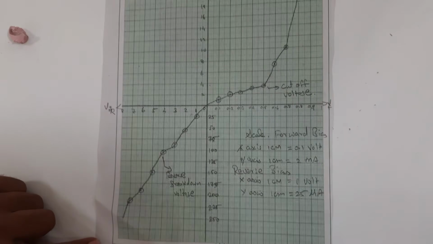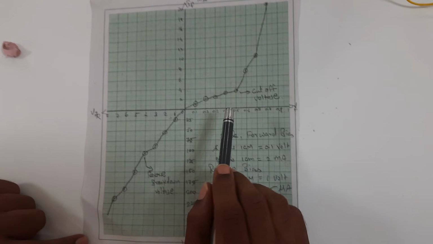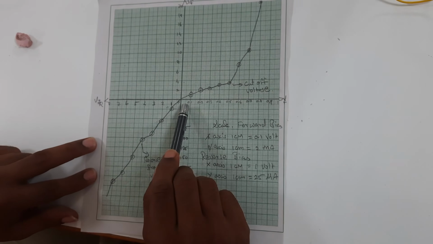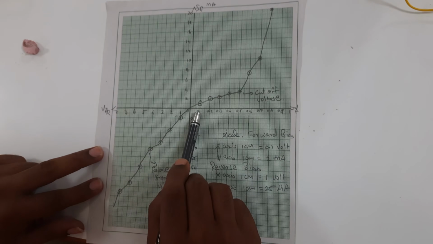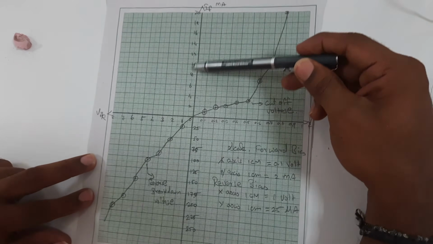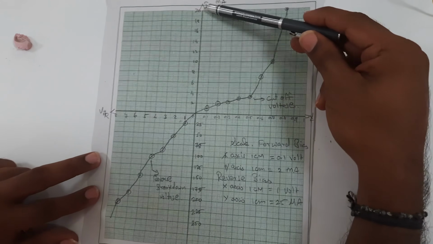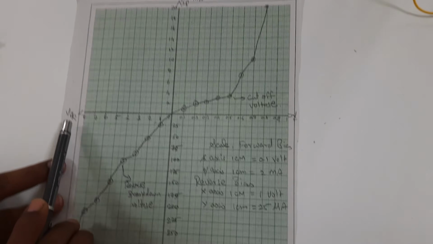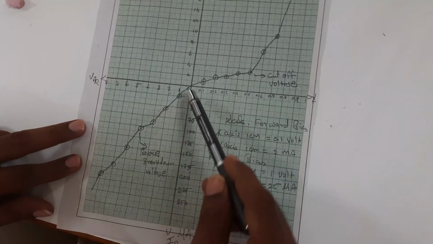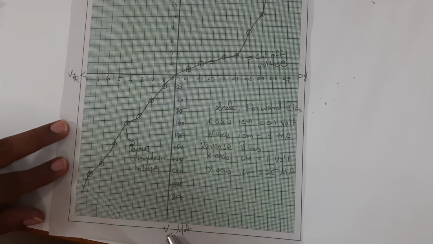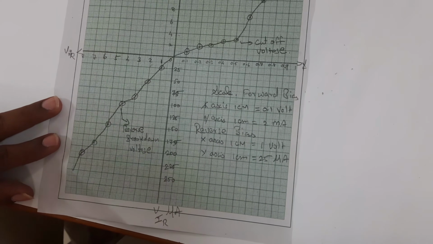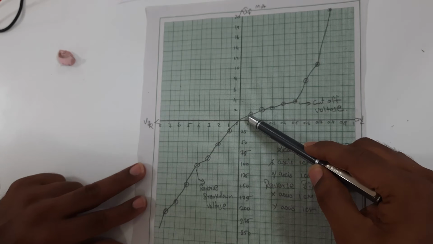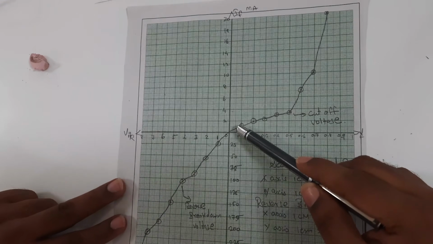After the readings have been tabulated, we are going to plot the graph. First, we are going to plot the graph for the forward voltage and forward current readings. We have to plot as per the readings, current in microamps and voltage in volts. For reverse biasing, we are going to plot the graph with the reverse voltage and reverse current readings. How the readings are noted should be mentioned as the scale for the graph. For a silicon device, 0.7 volt is the cutoff voltage.